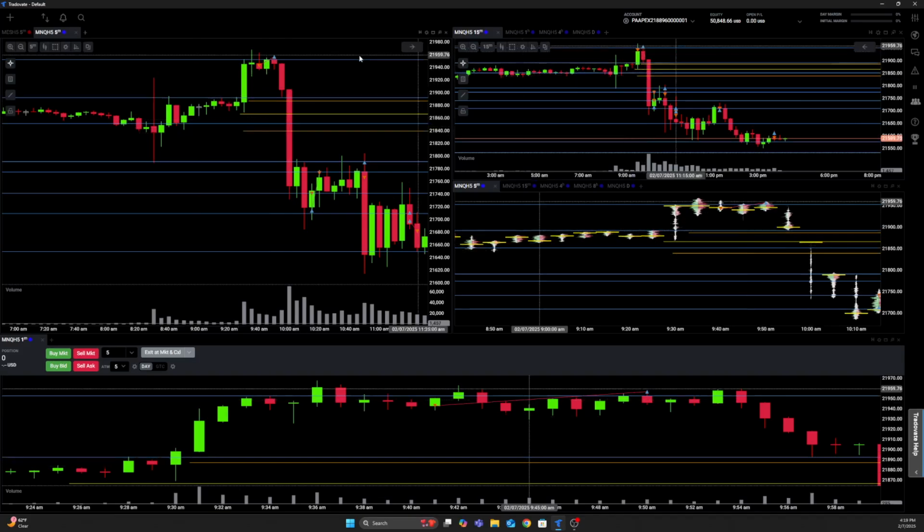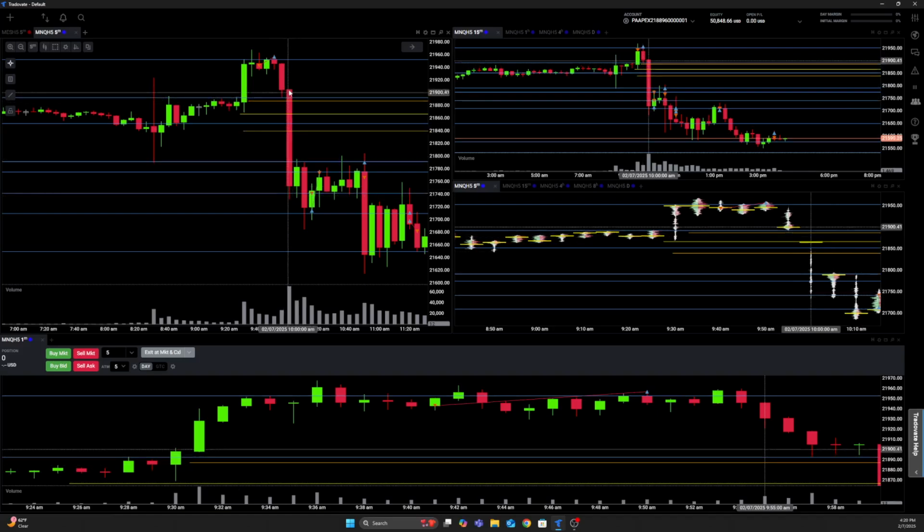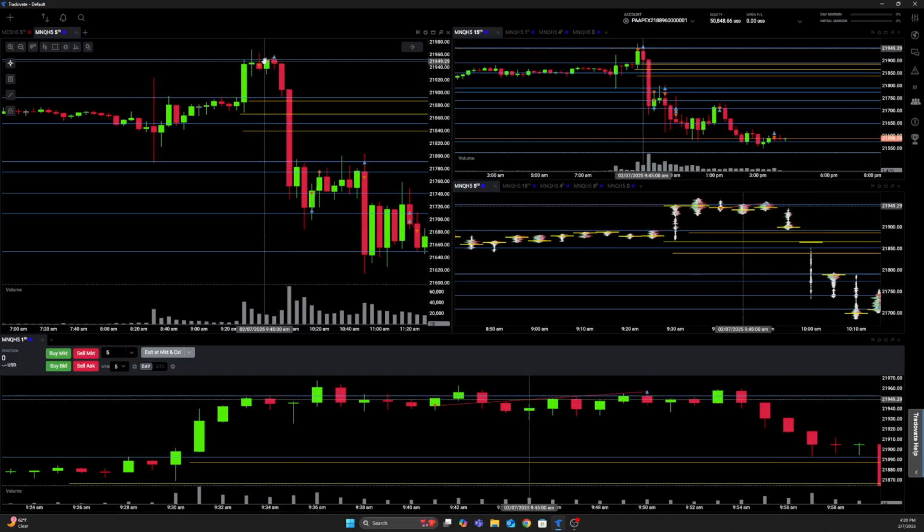Then price went down and did exactly what I wanted it to. The following candle was a news candle, which was the one that I didn't want to hold through because I knew that there was a chance that we'd have some volatility. But that trade was a loss that should have been a win, so that's just my bad. I wasn't following my own rules, and that's just stupid execution on my part.